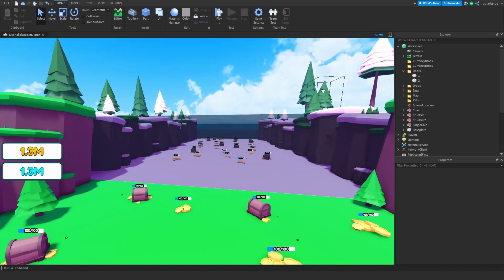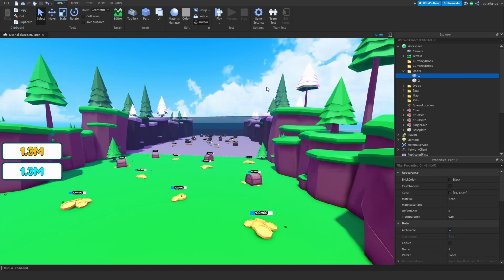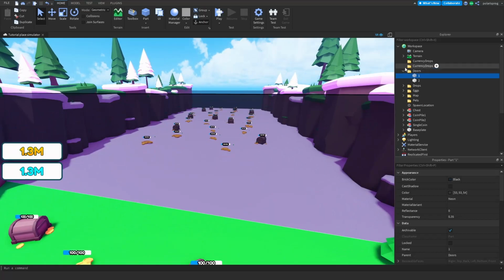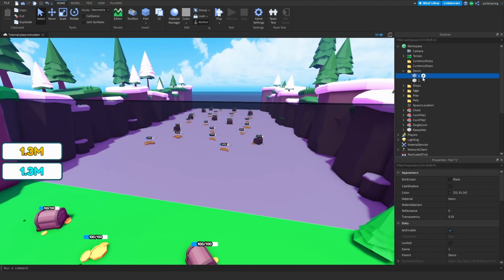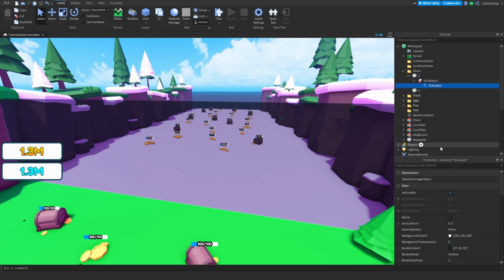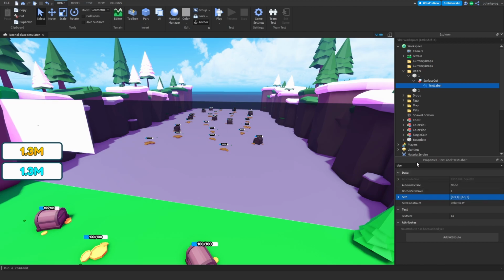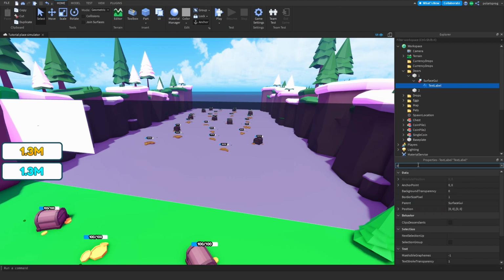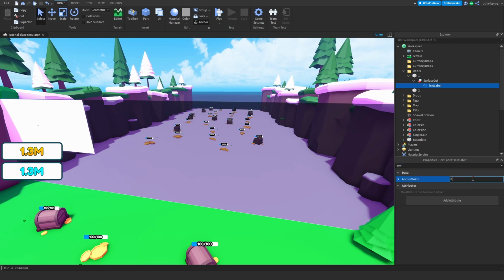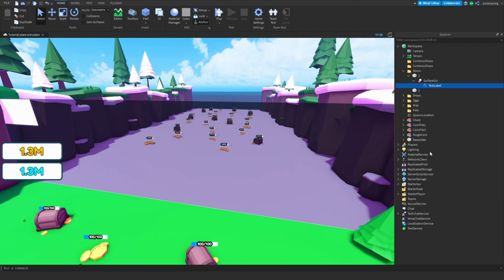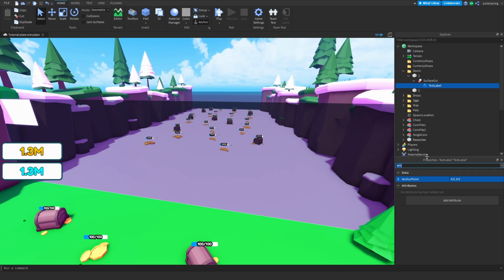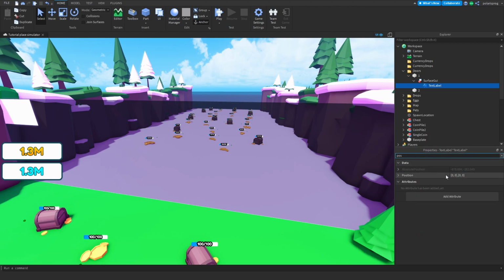Alright, so what I'm going to do is work on the door buying system. So first we're going to set up our doors. I'm going to add a surface GUI to a door, and I'm going to add a text label to it. Now the text label size will be 0.3, 0.3, and I'm going to change the anchor point to 0.5, and maybe change the position to 0.5, 0,